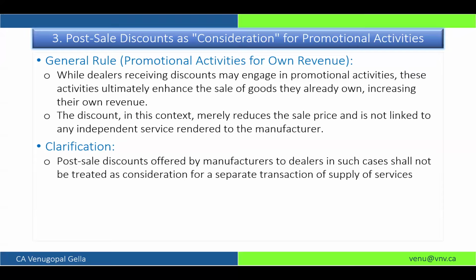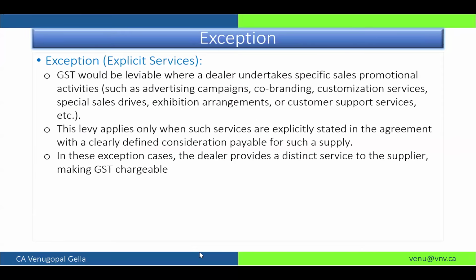Most of the showrooms, let's continue the example of the iPhone, have, let's say, Sony, Oppo, iPhone. Now there would be a push from the manufacturer saying that, okay, if you achieve this month's target, I'll give you additional discount. So they will put up some hoardings, everything, right? Now, when these activities are happening, they have also said it should not be treated as a cross charge. There is a supply, the marketing activity done by the showroom to them. So they have said that this shall not be treated as a consideration.